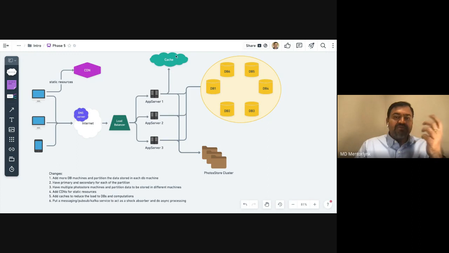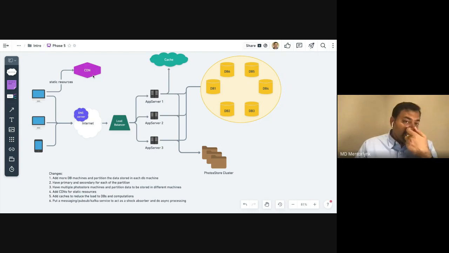Again, you can put some cache, so you don't have to go to the databases all the time. There are several caching strategies. Again, that's in my course where you look at several caching strategies, and what's the best strategy for a particular access pattern. We can take a look. But caching helps. You don't have to always pressurize the database to get the data. You can always cache some of the data.